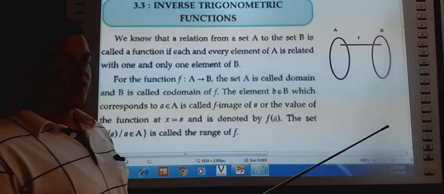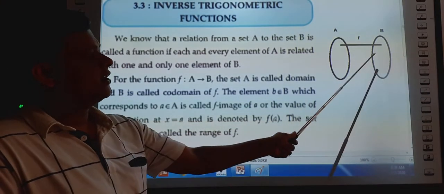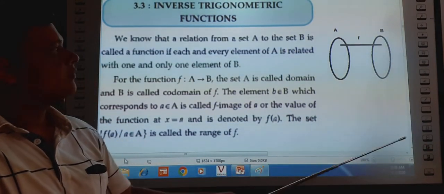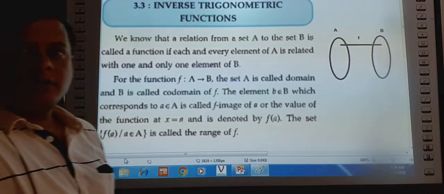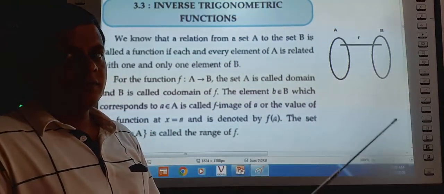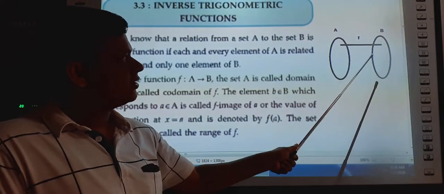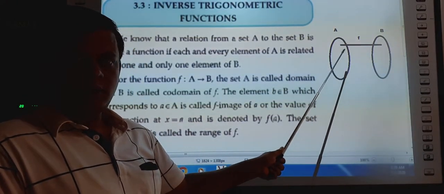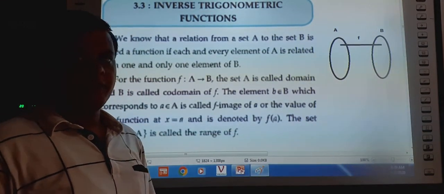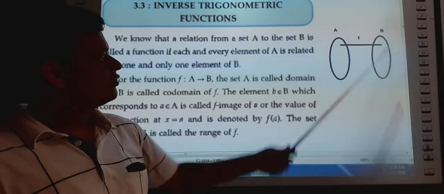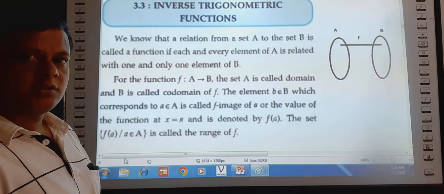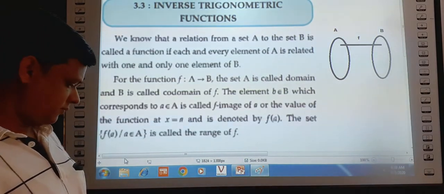Now we already discussed, if we consider two sets A and B, then their mapping is represented by some relation. That relation we denote by f. So we represent the function for the domain A and for the codomain B by f. So we have to see the definitions of one-one function, onto function, and one-one and onto function.